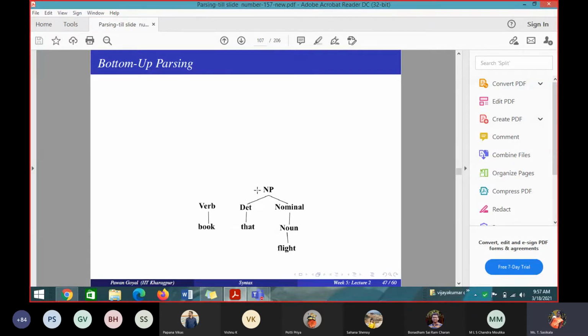So next they are giving book gives verb. Verb gives NP is there. So verb with NP is not possible. So next one, verb with VP. VP gives verb. Is that rule available? I am not having the rule, students. Please check and tell me. Yes, it's there, ma'am. Like that you have to check.